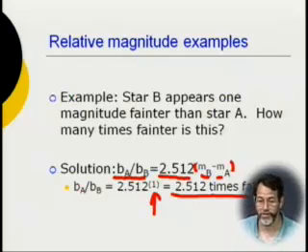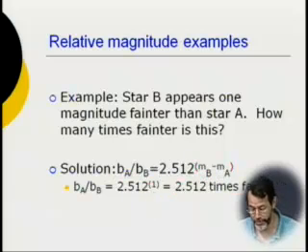Because I could say 2.512 and lots of other numbers, but it would take all lecture long, and the amount of information gained would decrease, and people would get bored around the 10,000th decimal place and leave. And it wouldn't increase your understanding very much. So it's about 2.5 times fainter.